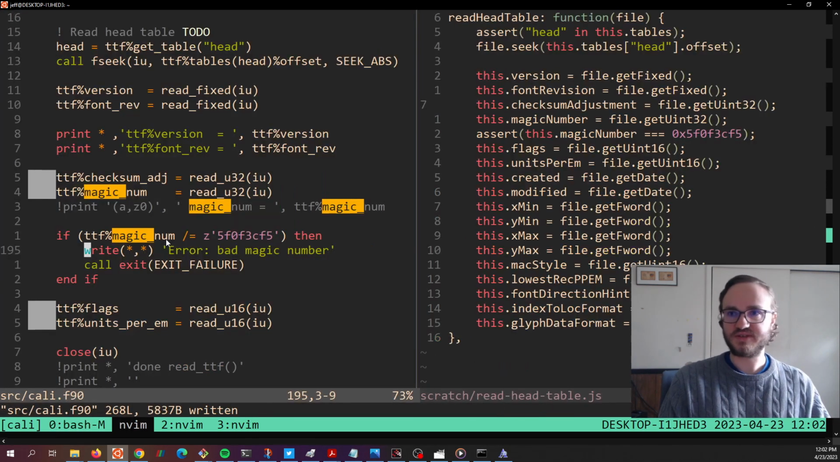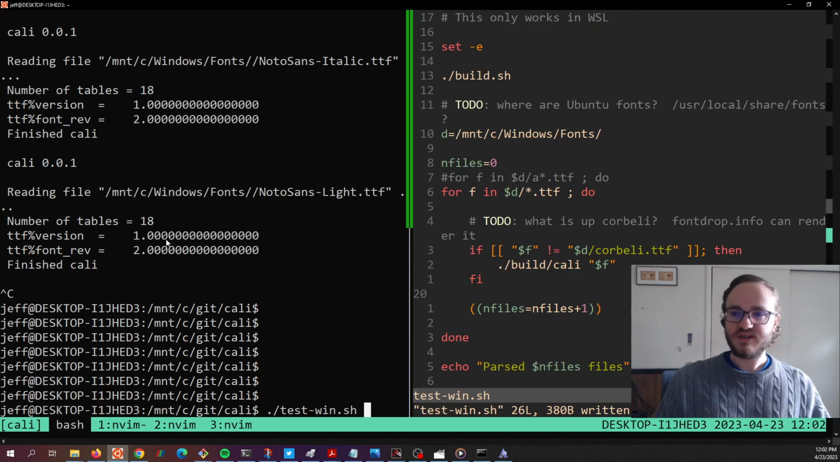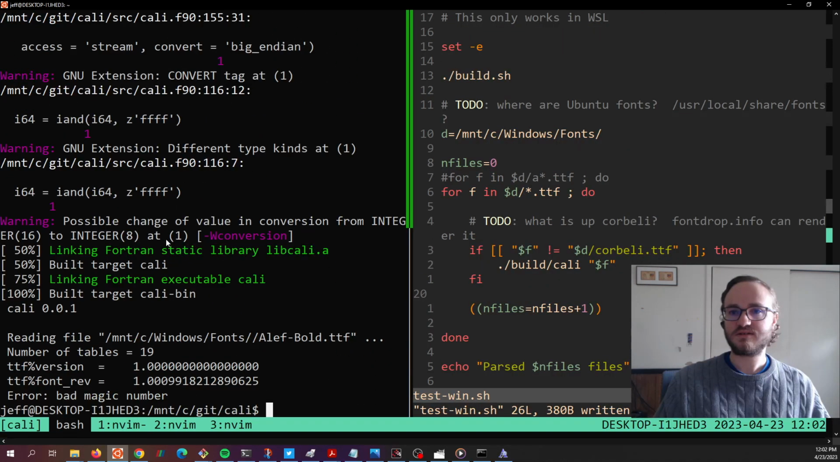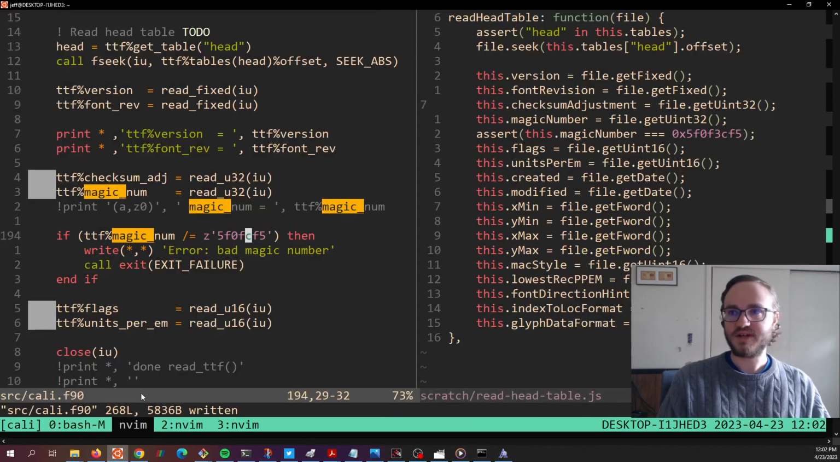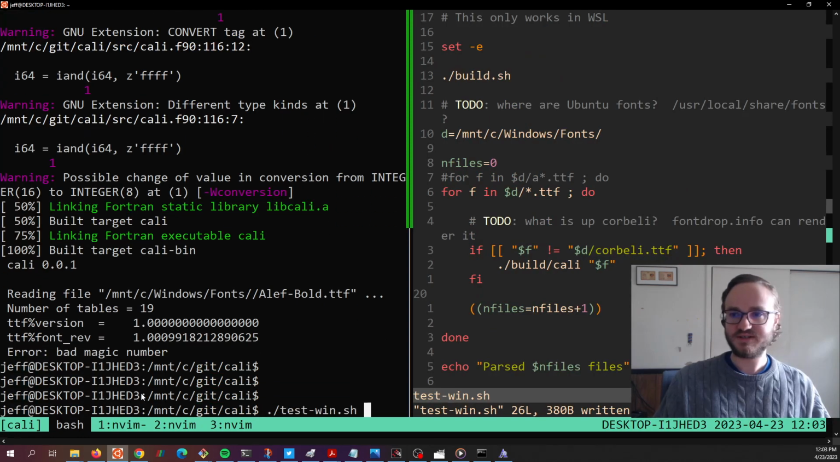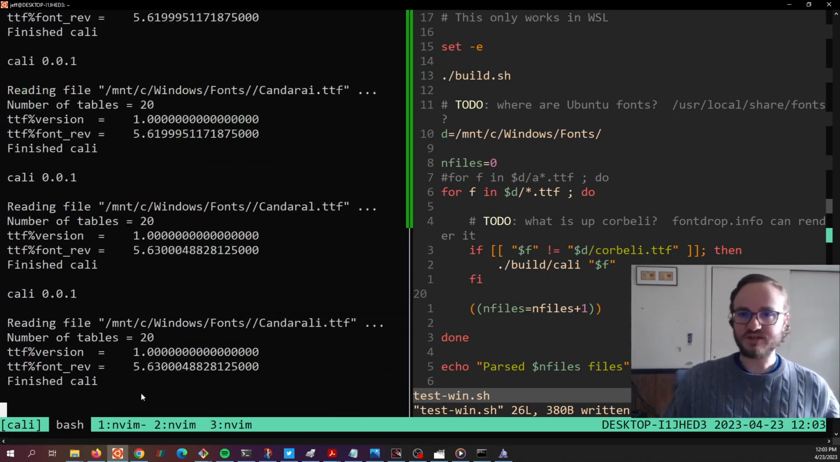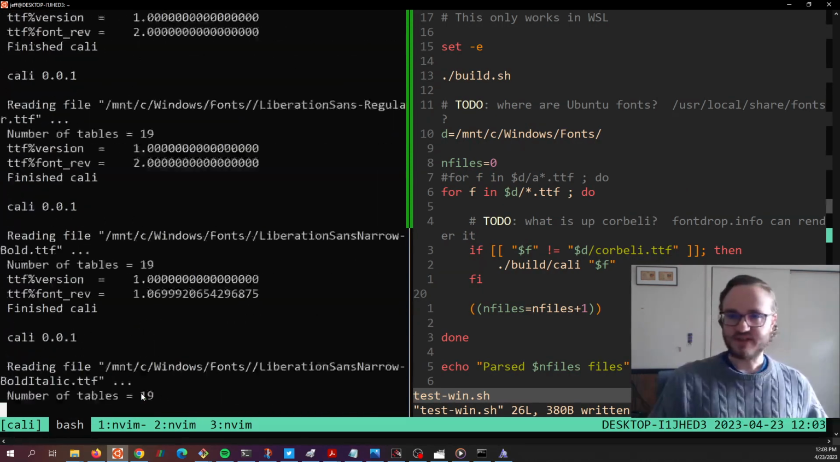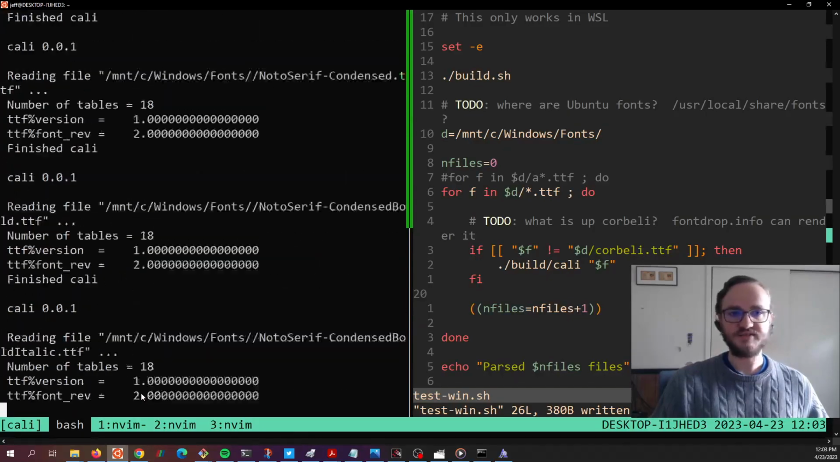So that seems okay, and we can see that if I mess up the magic number, this should fail. It says bad magic number. And if we undo that, it just keeps chugging along. So I think I'm going to commit this and then end the stream for today,